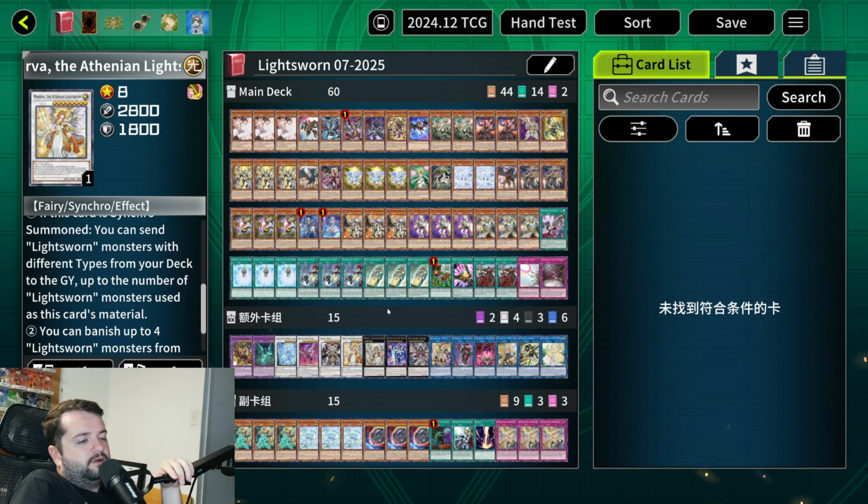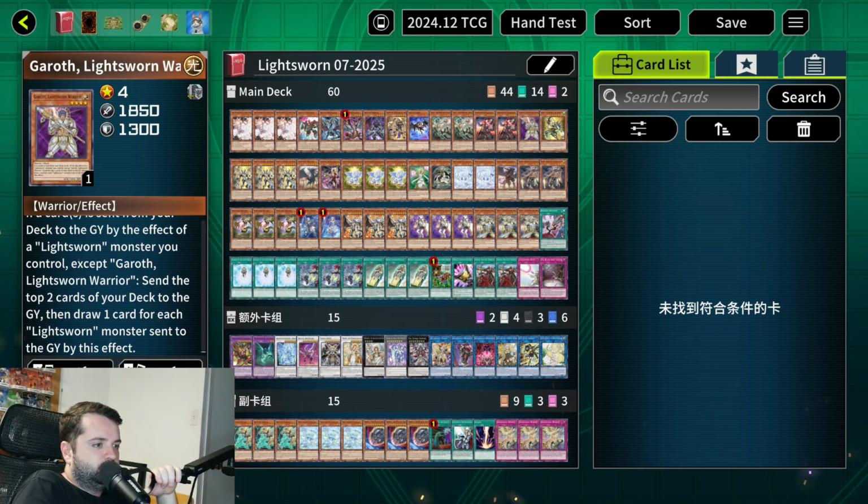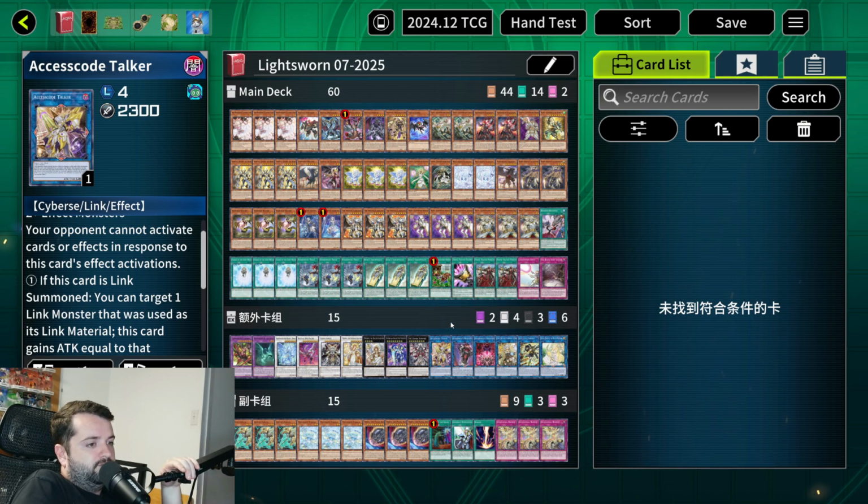Minerva, Synchro 8, obviously. This is probably the best card in the whole deck. We have Minerva Xyz, which is also a fantastic card. It's a great pairing with Garroth as well. We have the Photon Lord. We have Zombie Vampire. I don't think I have to introduce this card. This card should almost be banned. This card's insane. We have Access Code Talker because I needed a game ender for game 2 or turn 2,